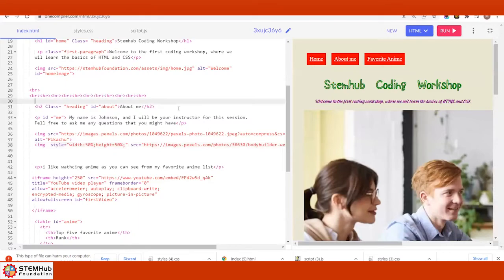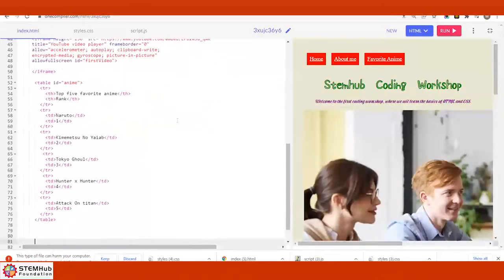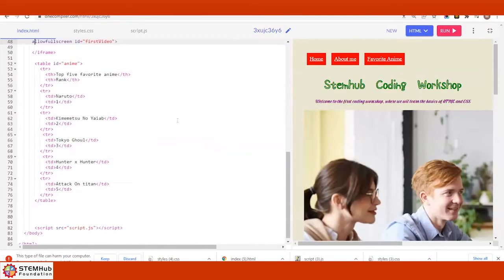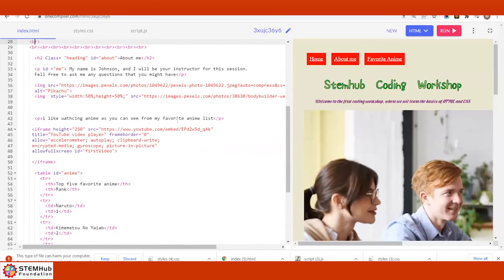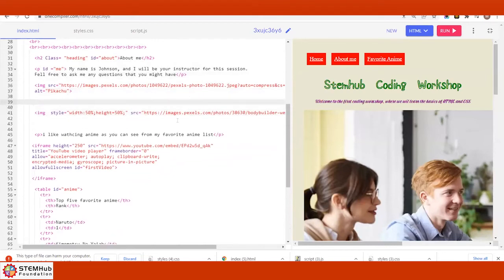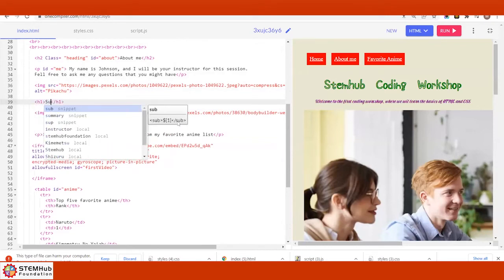So for example, I have that picture of Superman here, and I believe it was HTML Superman.